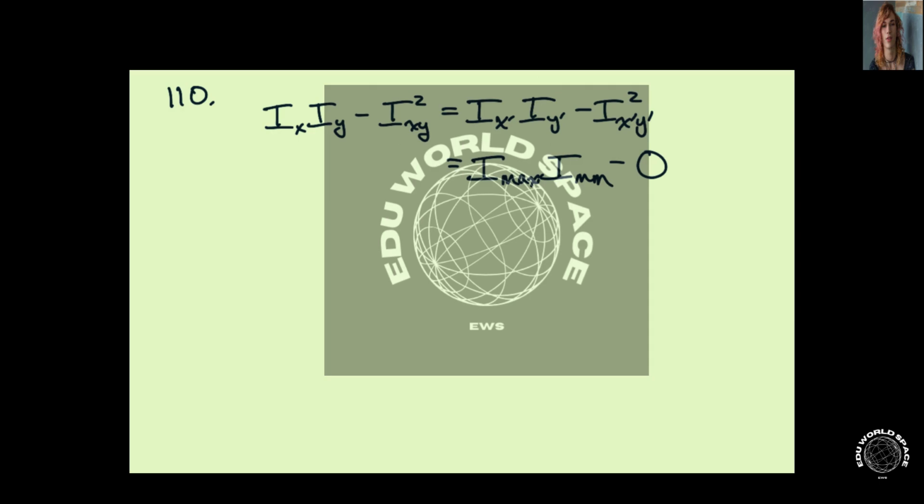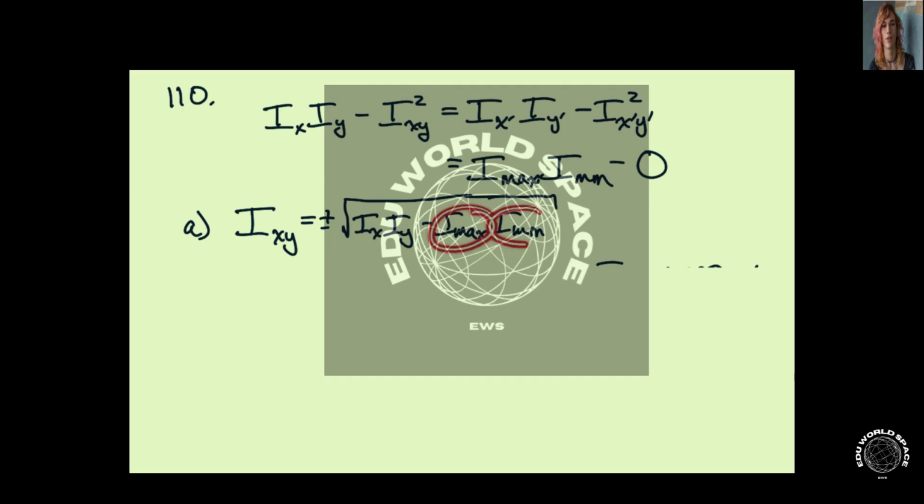So if we take this new axis to be our principal axis, and assume one of these is the max and one of them is the min, whichever is the case, we get I max times I min, and then because it's principal, IXY is 0. So now we can simply solve for IXY here, and it is plus or minus the square root of IX times IY minus I max times I min. So if we know these two things,